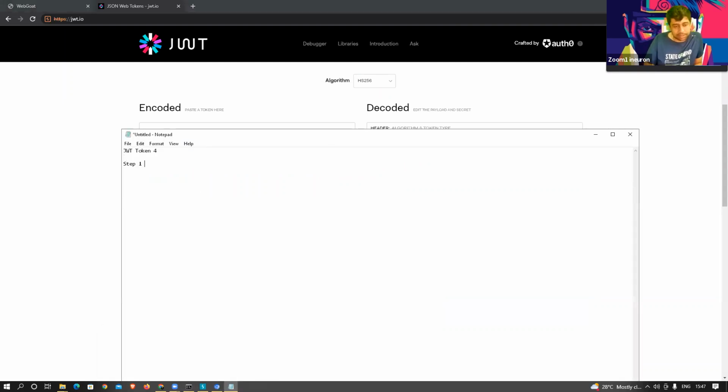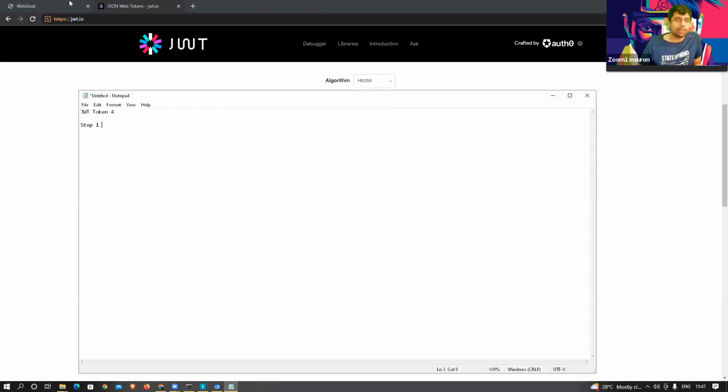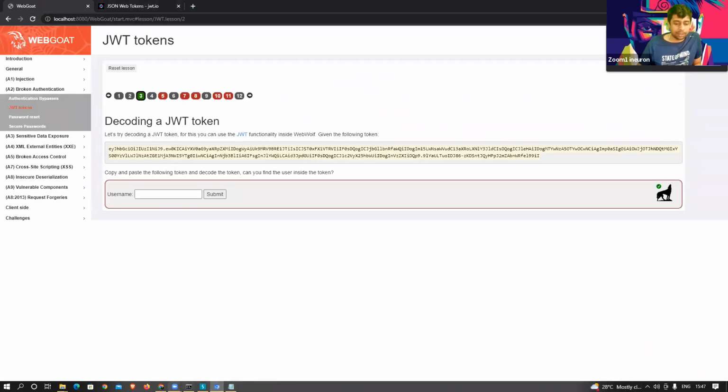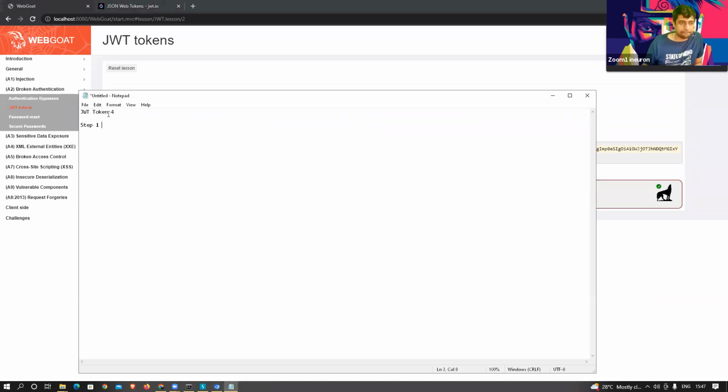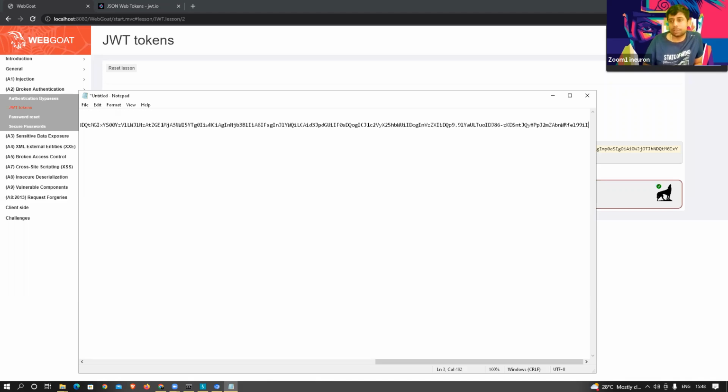So I'm going to write here as step 1, and I'm also going to go with the challenge number, of course. JWT module 3 challenge. Step number 1, copy the JWT token, right? So this is the JWT token. It will be the same for everyone, right? So I'll be passing these notes to you later on. Step 2,